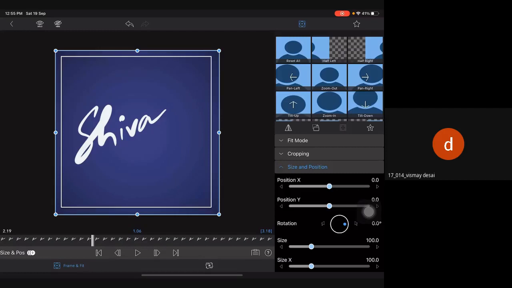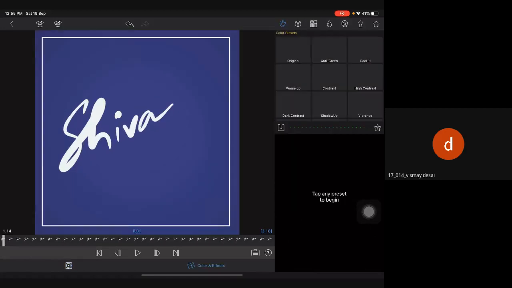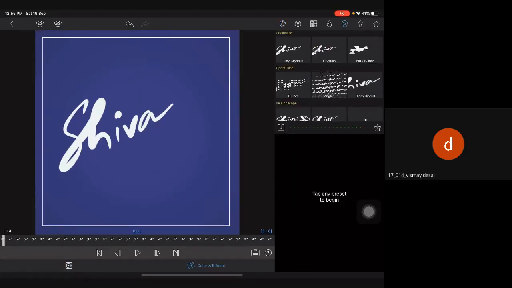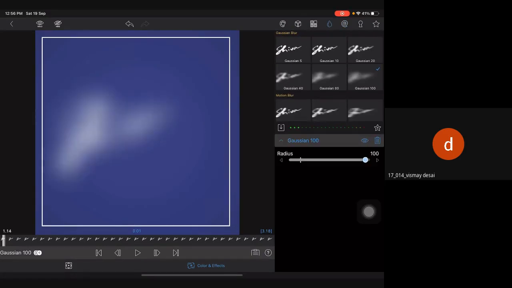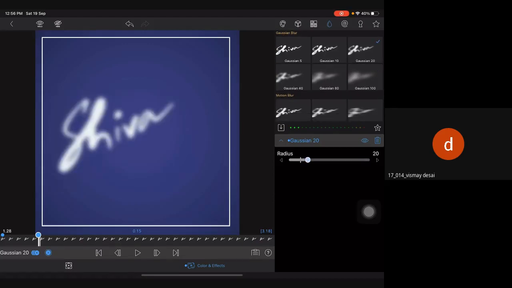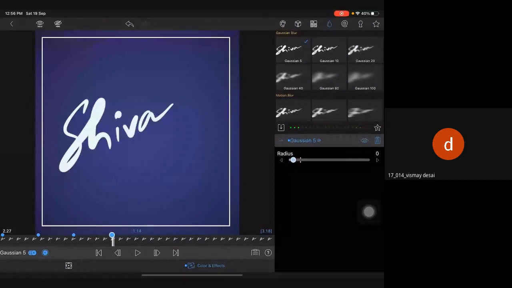Now as it looks very simple, we'll give some effect. Effect is depending on you, whatever kind of effect you would like to give, you can give. So currently I am not focusing on much stuff. We'll start with Gaussian blur, we'll add it. Then here also we'll add it and we'll make it less. Then again here we'll add one frame, we'll make it like this. We'll go further, add keyframe, and make the radius 0. So it will look like original.